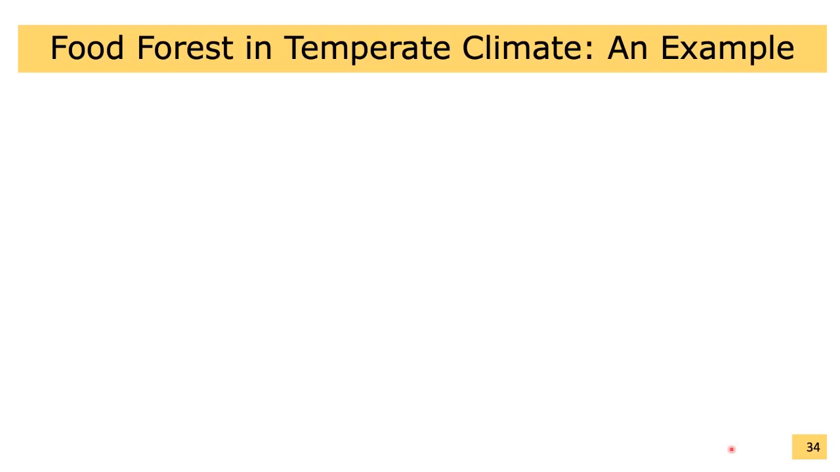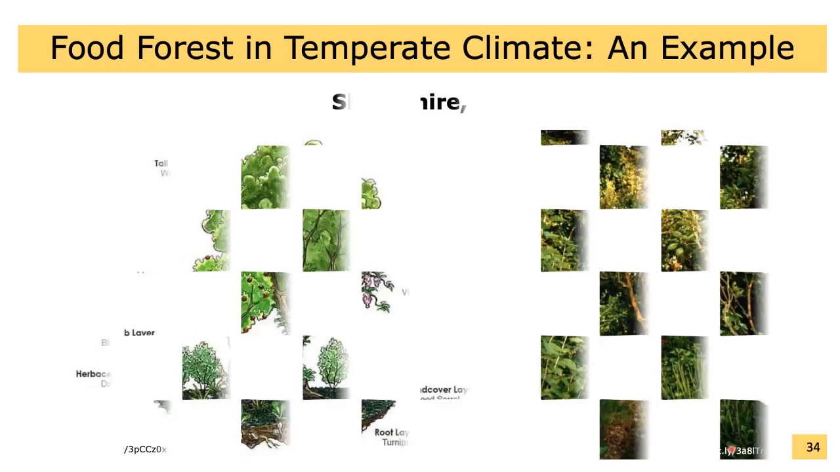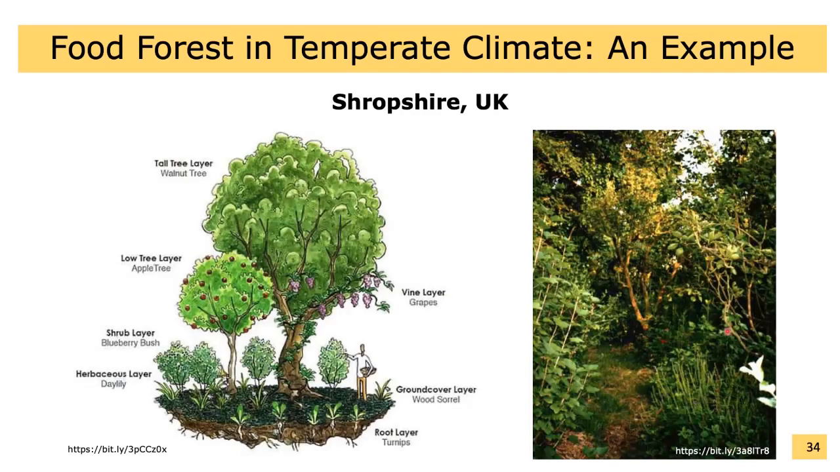Food forest in temperate climate, an example. Here is an example of Robert Hart's temperate food forest in UK. This was the food forest that Bill Mollison visited in 1990 that led to his incorporating food forest in permaculture practice. A typical temperate food forest can include canopy made of chestnut, pecan, hazelnut, etc., apple, plums, and sweet cherries